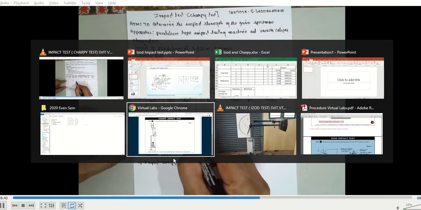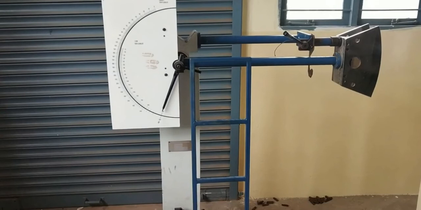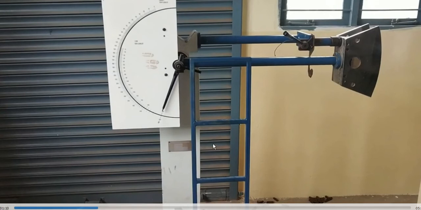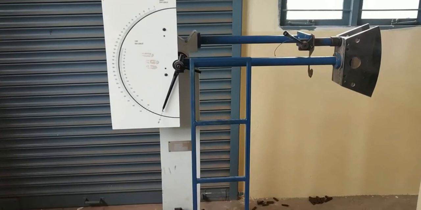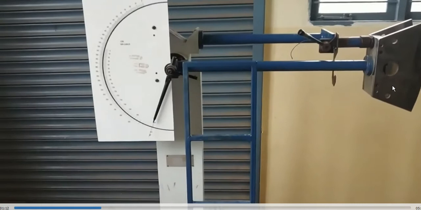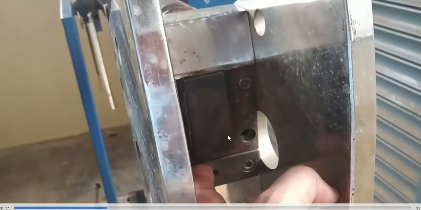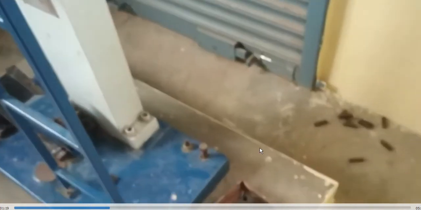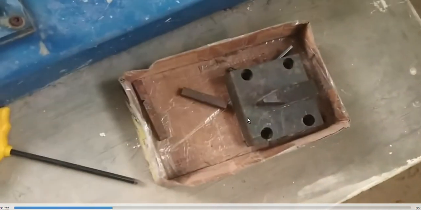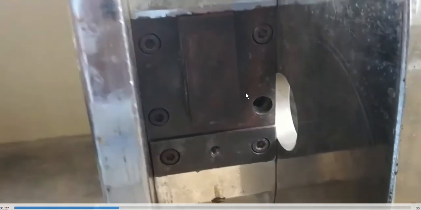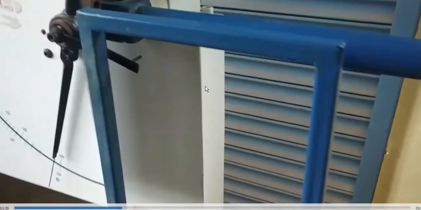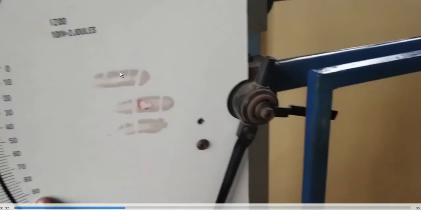Similarly, if you see how an ISO test is done, this is the test setup for ISO test. The initial angle where the machine is kept is 90 degrees. That is the main difference you can see. Also, there is some difference in the hammer we use. If you look inside, this is the forming hammer that is used. This was the ball pen hammer we used for Charpy. So here we are using the forming hammer for ISO test. That is the difference.